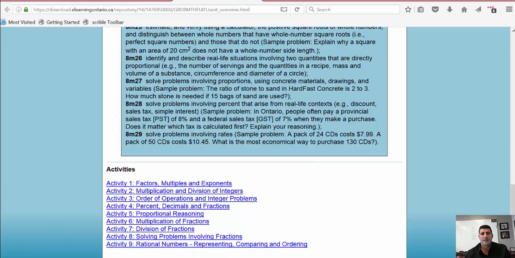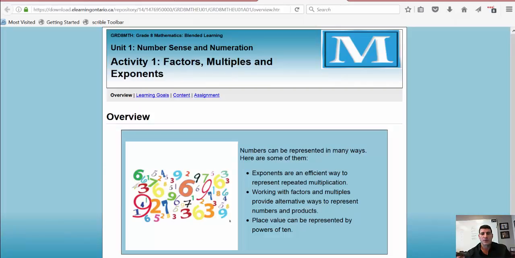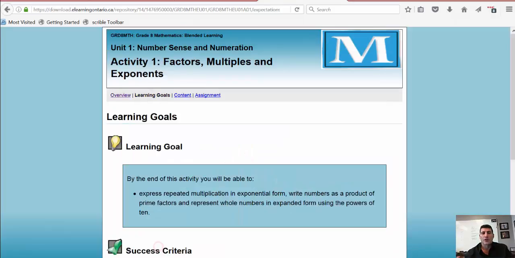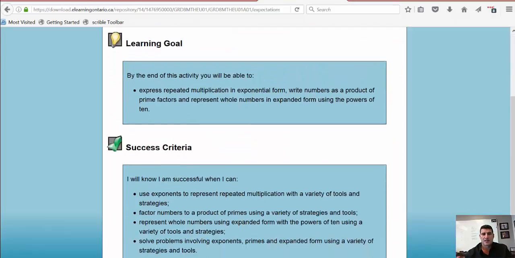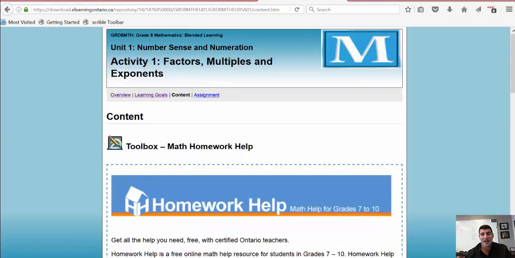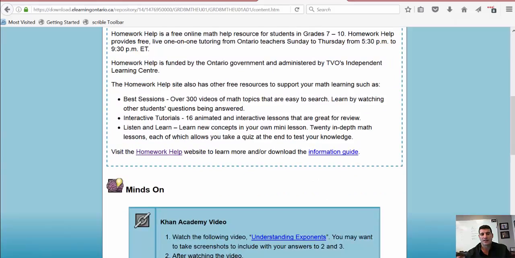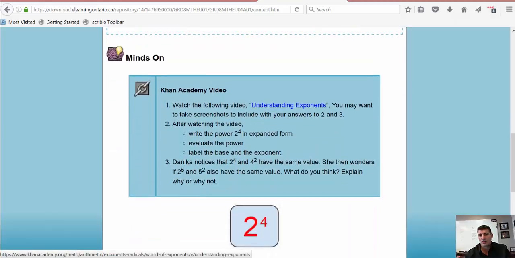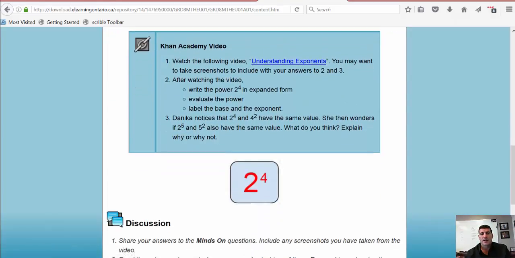And then here are the activities. So let's look at activity 1, factors, multiples, and exponents. And this is what a student would see. So here's the overview, the learning goals, the success criteria, here are the expectations, and then the action happens in the content. So if you look at the Khan Academy video here, so watch understanding exponents,